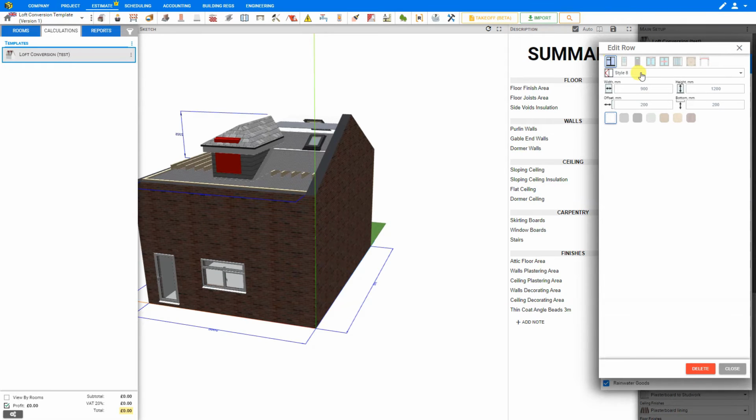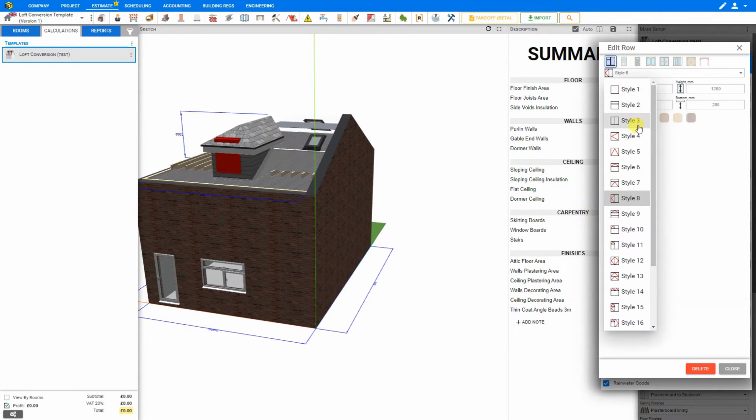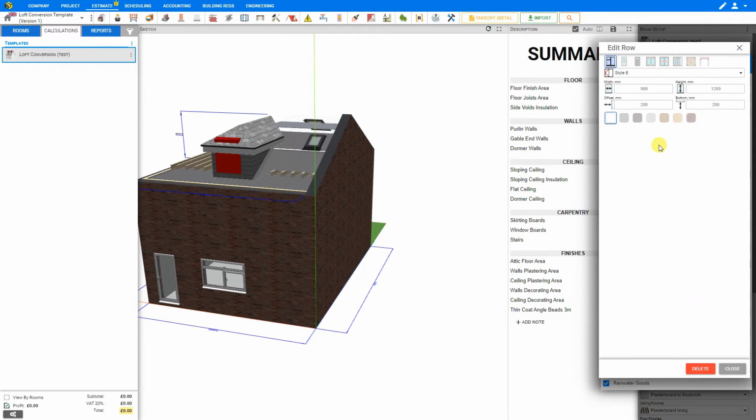We'll stick with the window for now, and then we can choose from a wide variety of different window styles, and we'll just leave this with the default style 8. And then here we can change the dimensions of our window. So the width of our window is not a problem at 900, and as a matter of fact we could even make this a little bit wider. Let's make this 1100 millimeters wide. But we do need to reduce the height, so let's drop this down to 900 millimeters, and the error clears